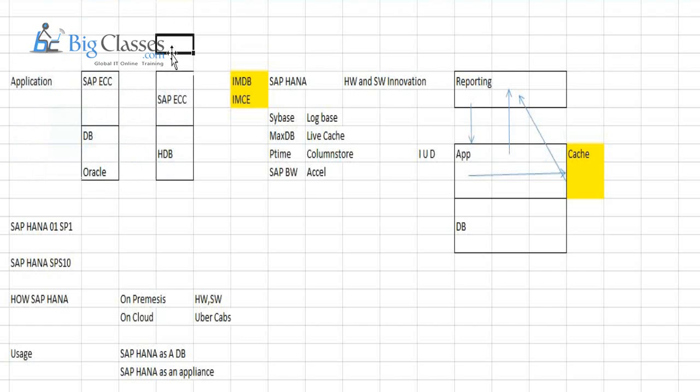So this is HANA as a database, where the customer is already happy with his application or happy with his existing solution that is built on his application. So there is a second case of customers who are not at all happy with their existing solution. So he still has some areas of improvement where the solutions have to be fixed, right? So he has some finance solutions or some APO solutions that are built on top of his application, but he is not totally satisfied with the application, so he needs it to be rebuilt from scratch. So in those cases, we provide